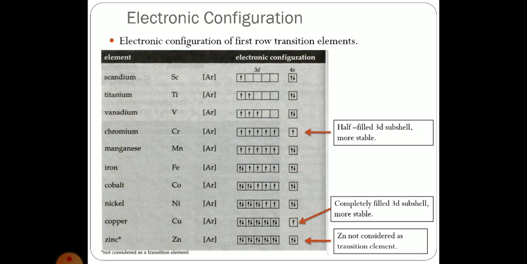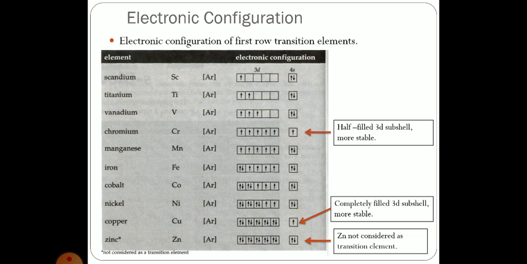Along with this, another element is also present, which is zinc. If we observe the electronic configuration of zinc, it is not considered a transition element. Why? Because according to the definition of D block elements, as we stated earlier, it has a completely filled d orbital, so it will not fall under that category.